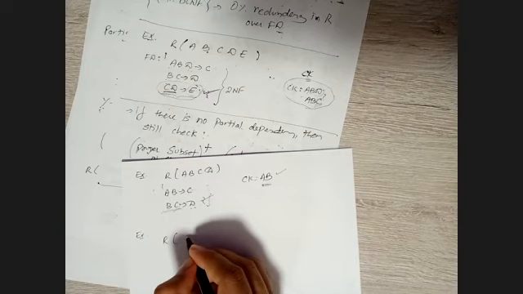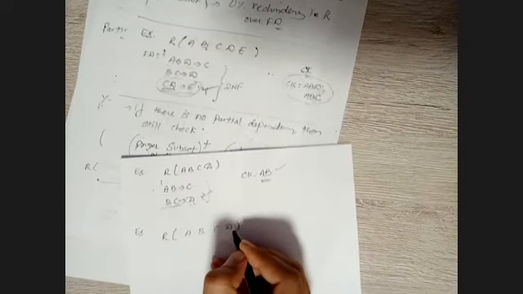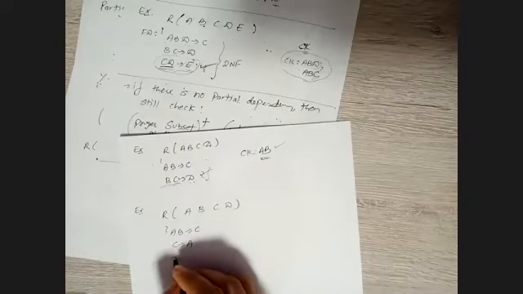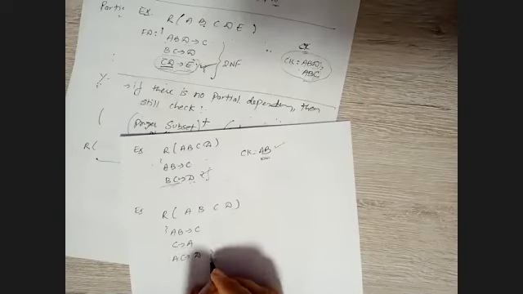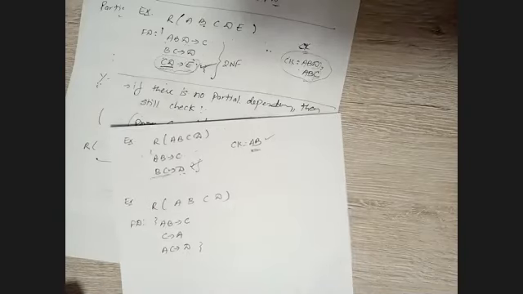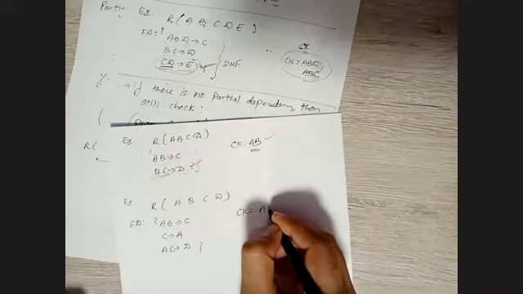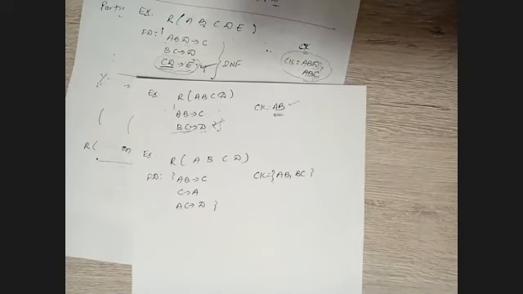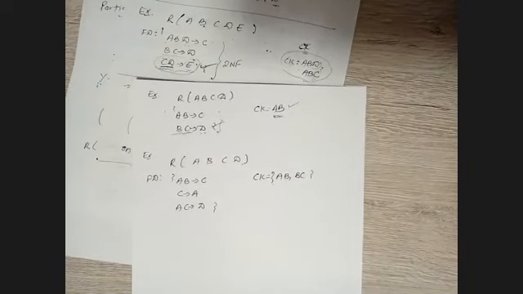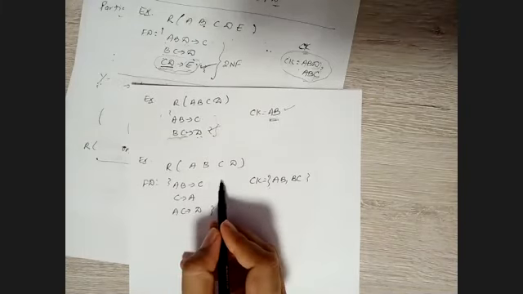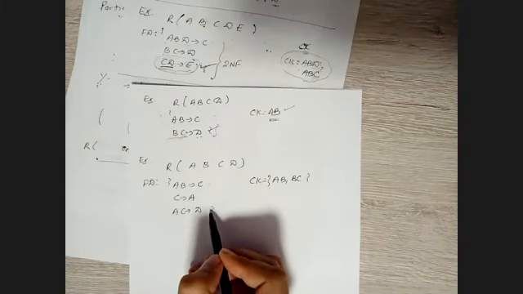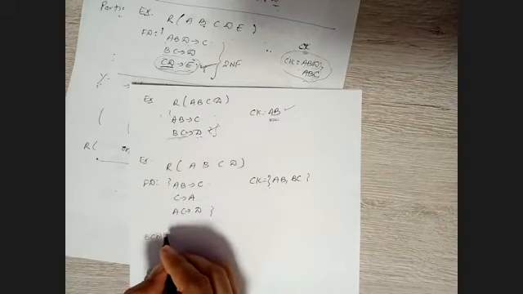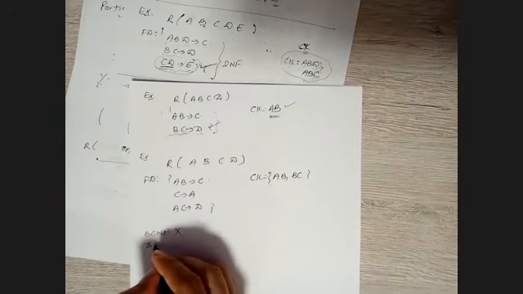Okay, let's take another example, A, B, C, D, and AC gives D. These are the functional dependencies. My candidate keys, if you find them out, are A, B and BC over here. Now let's check for BCNF. Is this in BCNF? Not okay. Even this is also not okay. Why? Because X is not a super key. So BCNF, no.